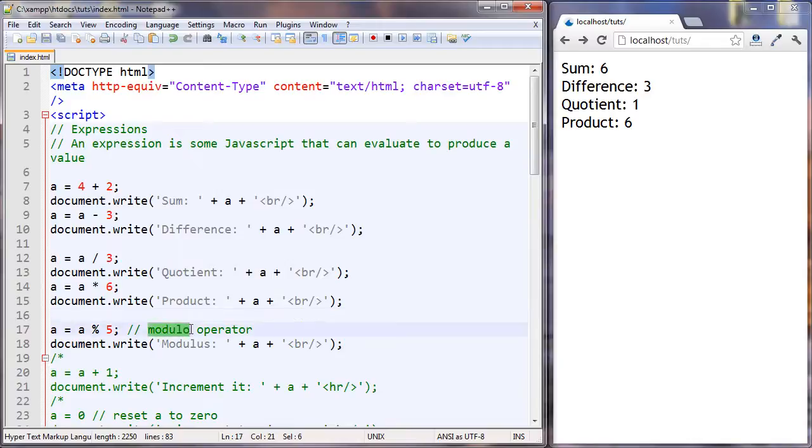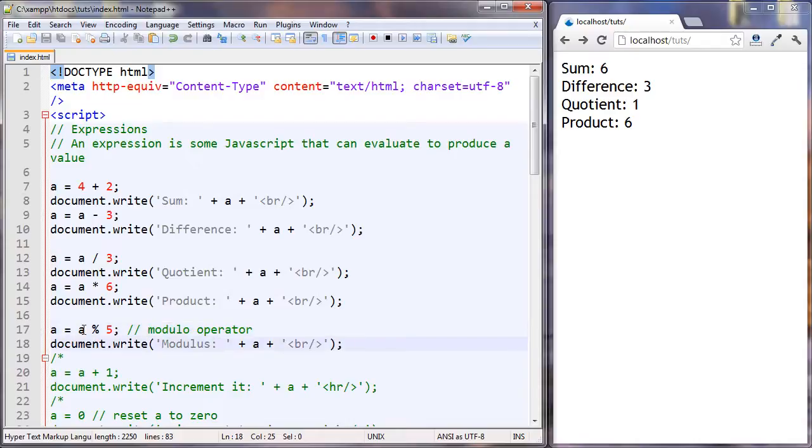This word, I think this is pronounced modulo, but if I'm wrong, please correct me. So this is the modulo operator, and what this does is basically it's going to return the remainder. So if we do 10 modulo 3, then the modulus is going to be 1. If we did 9 modulus 3, okay, so 9 divided by 3 is 3, and there's no remainder, so that's going to return a